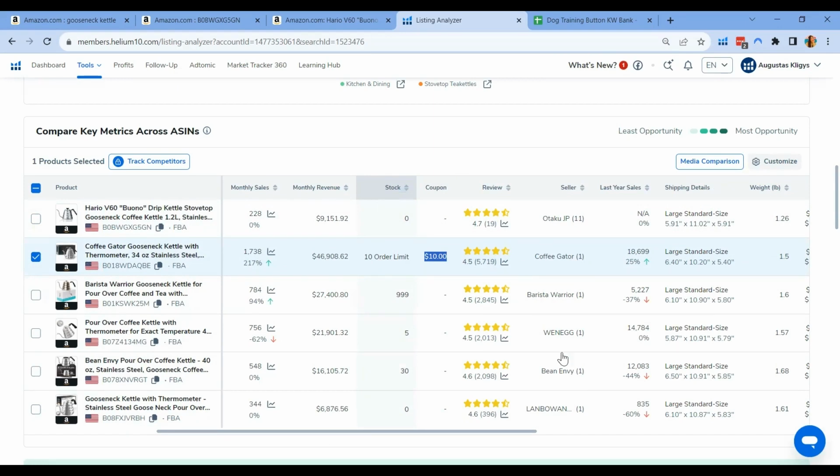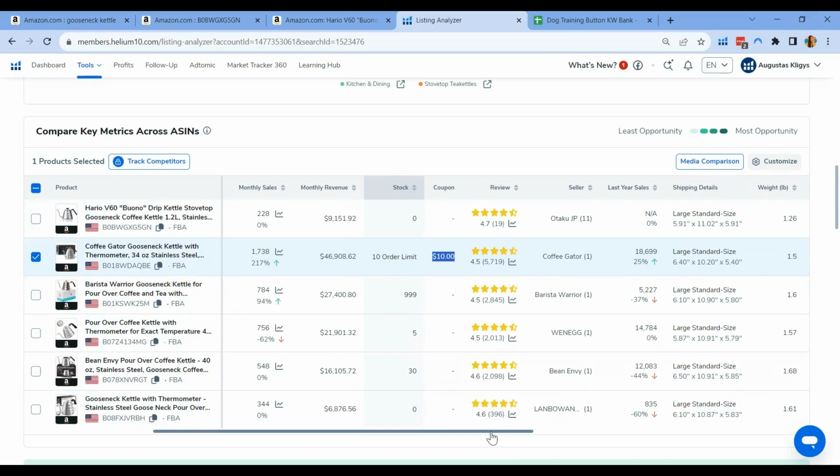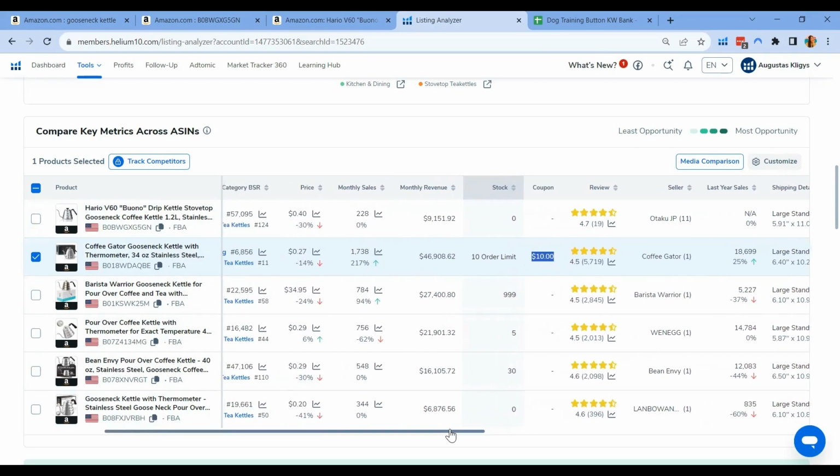If your direct competitors are offering coupons, it can have several effects on your business if you're not offering one. Firstly, offering coupons can attract price-sensitive customers who are looking for the best deal, potentially drawing them away from your listings. This could result in a loss of sales and market share to your coupon-offering competitors. If your competitors' coupon promotions are effectively driving traffic and sales, it may put pressure on you to consider offering similar promotions in order to remain competitive and maintain your market position.